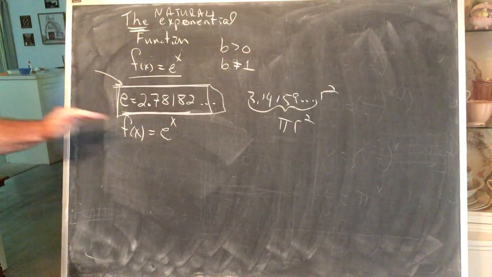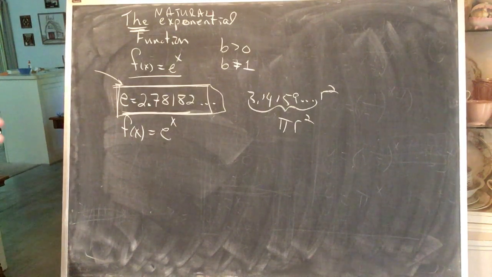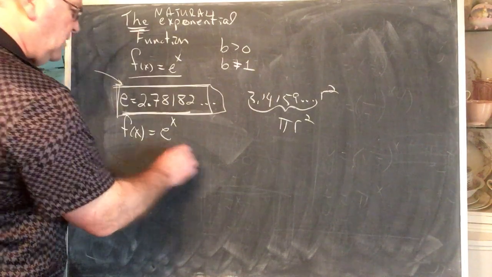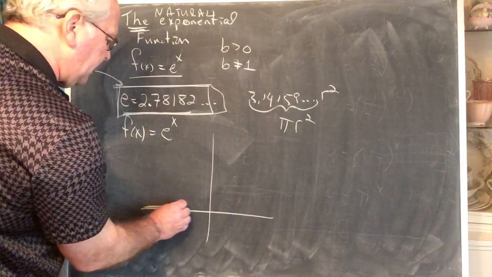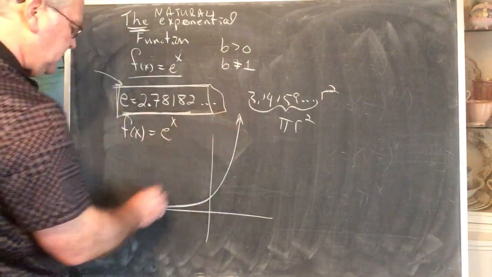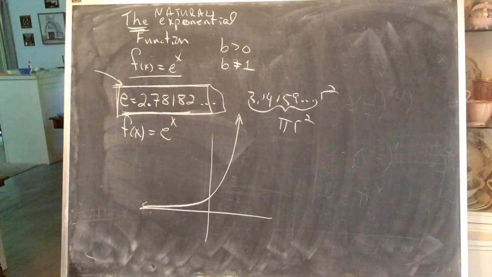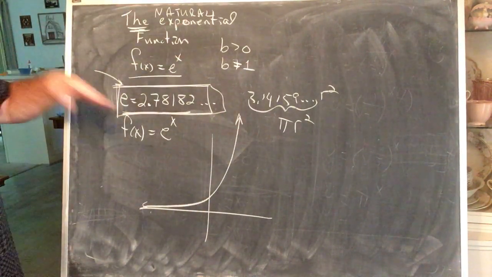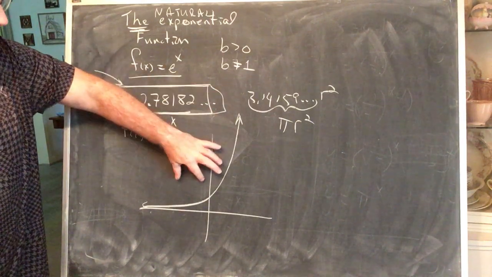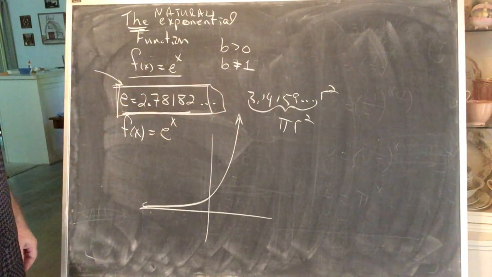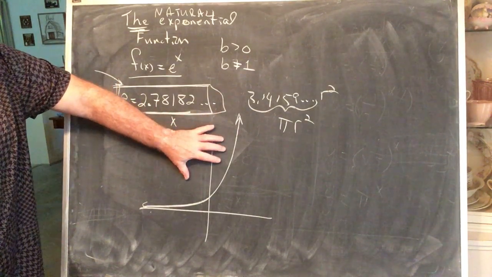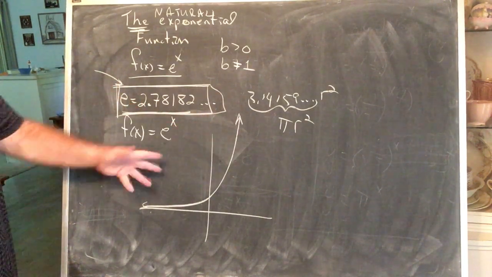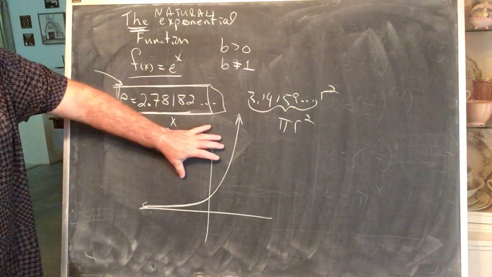Here's how this ties together with our previous work and why I went through this notion of inverse functions. Because the graph of this function, as we saw, roughly looks like this. Every exponential function that we've discussed so far falls into this category. It turns out that this function, roughly speaking, looks like this picture. The details I've left out, but this is the basic shape.